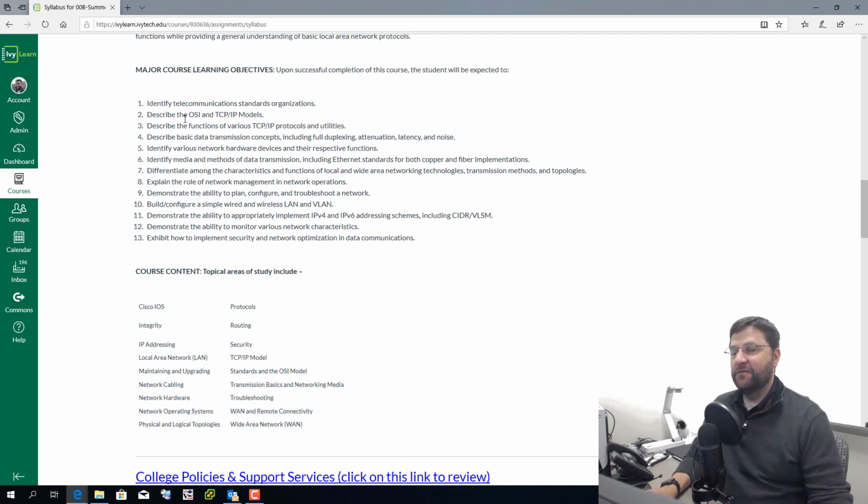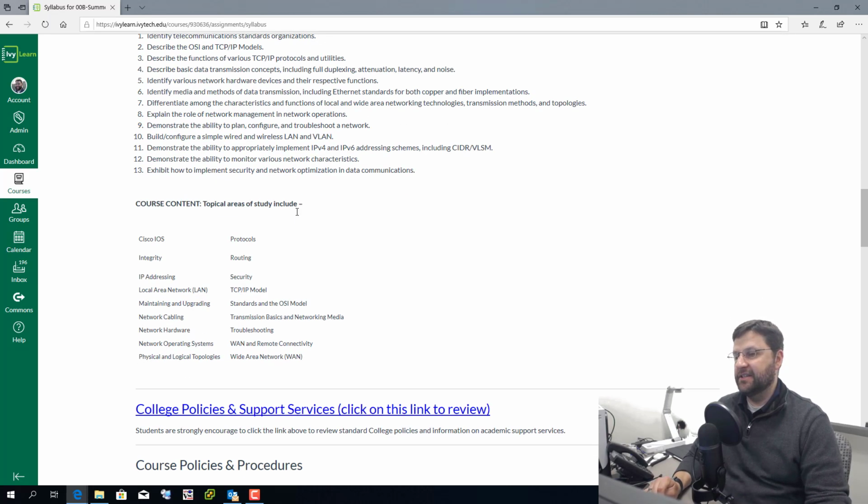This is the first of 4 courses that leads to the Cisco CCNA, Cisco Certified Network Associate certification, which is a great industry certification to have. This class and the class right after, NETI 115, Routing and Switching. After those 2 classes, you can take Cisco's entry level certification called CCENT, Cisco Certified Entry Network Technician. And so after 2 classes, you can take the CCENT exam. After 4 classes, you can take the CCNA exam.